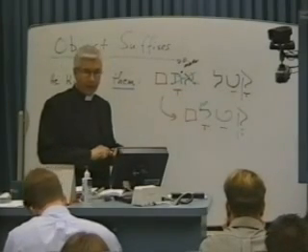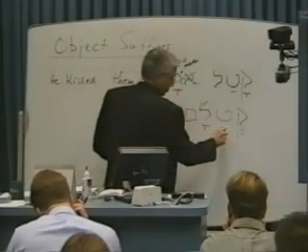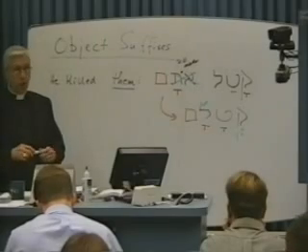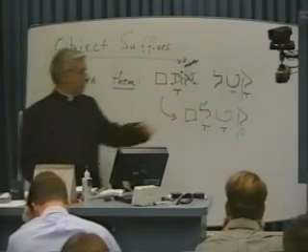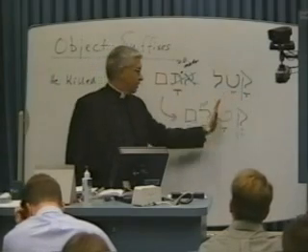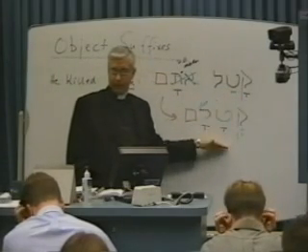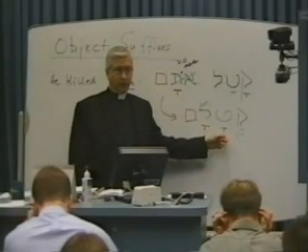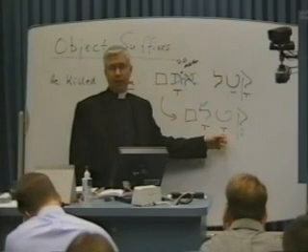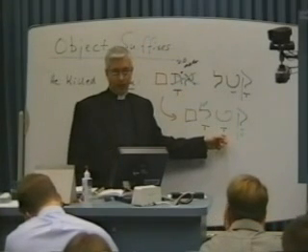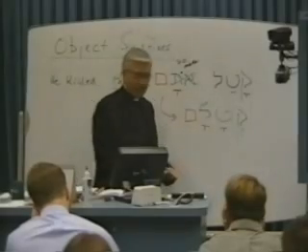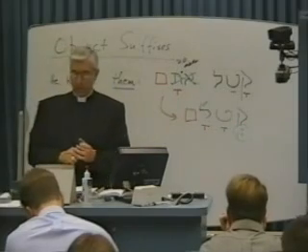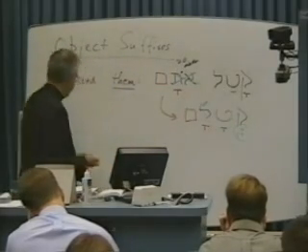There's a secondary vowel change while we're at it. This vowel is going to go to qamets. Why? It's open. It's now in an open syllable, right? Here it was in a closed syllable, katal. Now that lamed starts the next syllable. This syllable's open and that vowel lengthens. This you don't hardly, unless you're writing the language, you never worry about. It'll be done for you. You won't even notice it because you don't hear it that much anyway, kitalam. But this schwa is worth noting. Okay? All right, let me give you another example. How would you say